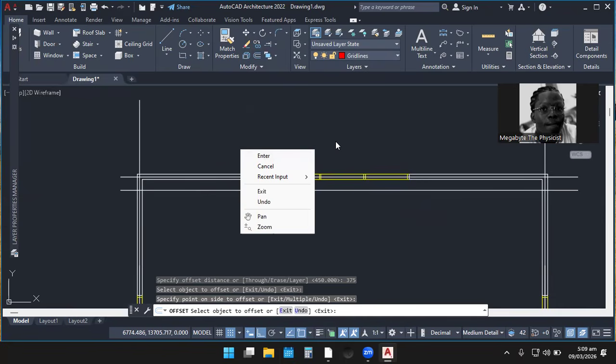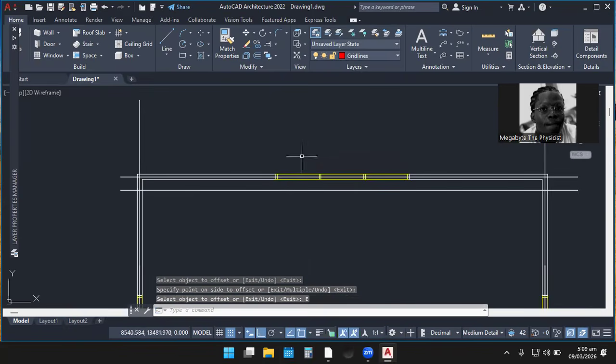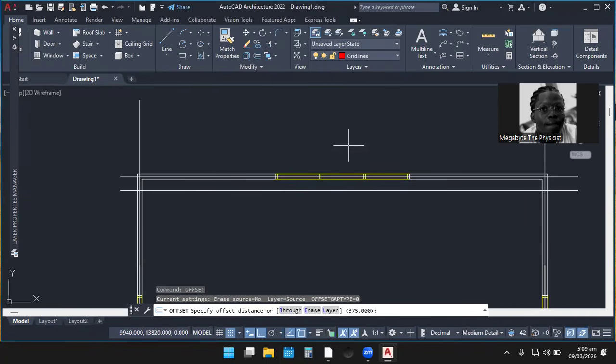But before dimension reasons, let's offset that line also about 5,000. So let's use this and then let's repeat offset of, let's say, 5,000, or say just 3,000. Let's do an offset of 3,000. So I think that will be cool.